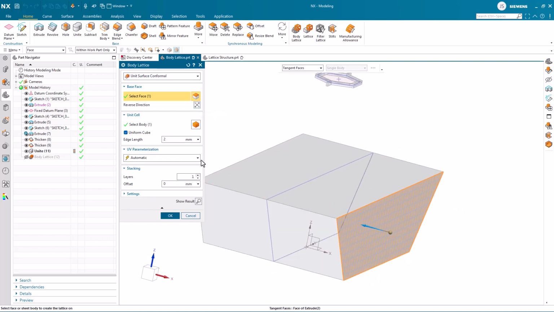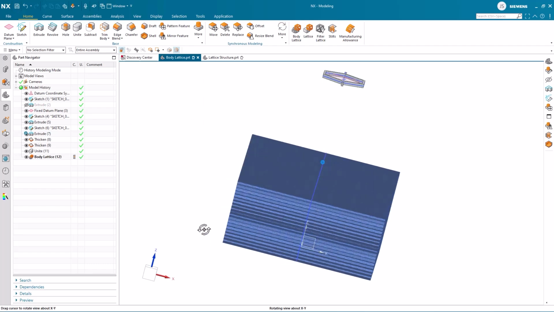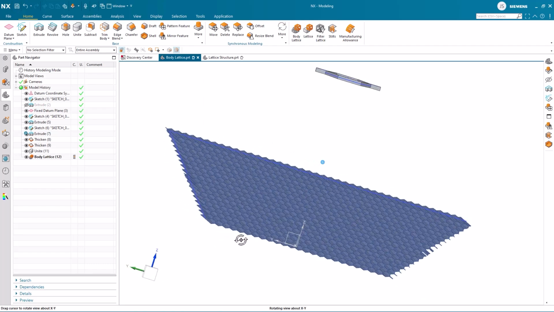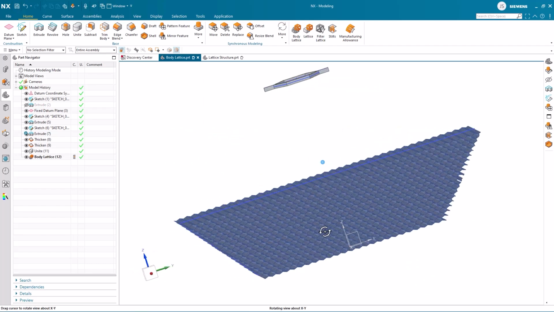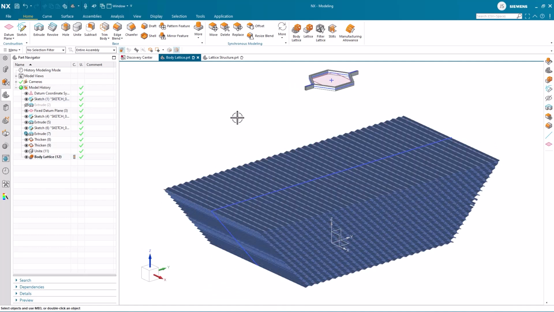In this demonstration, we created a bitriangle lattice using the lattice command. We then trimmed off dangling rods and disconnected sections using filter lattice. To complete the part, we added a manufacturing allowance and stilts to prepare the lattice structure for being printed. Lastly, we created a body lattice using custom unit cells.